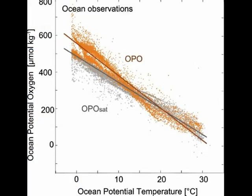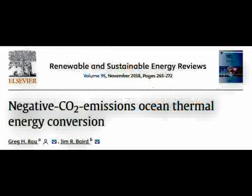In a paper, Quantification of Ocean Heat Uptake from Changes in Atmospheric O2 and CO2 Composition, estimated the oceans gained the equivalent of 409 terawatts of heat, about 20 times more than our annual primary energy consumption, annually between 1991 and 2016. Rao and Baird, in Negative Carbon Dioxide Emissions Ocean Thermal Energy Conversion, Neotech, demonstrated the stratification barrier can